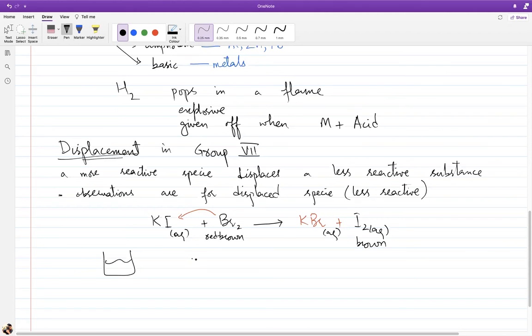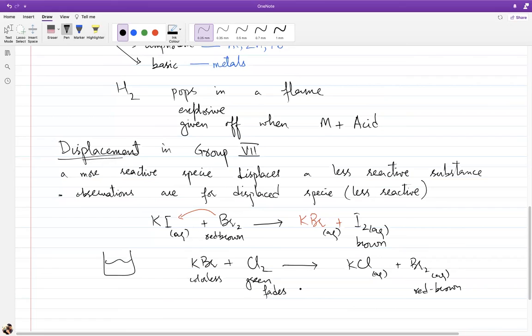आप यही KBr लेते हो और इसमें क्लोरीन ऐड कर देते हो, क्लोरीन ग्रीन है, KBr कलरलेस है, बट वी नो क्लोरीन इज अ स्मॉलर एटम है, तो वो उसको जल्दी रिप्लेस करेगा, पोटेशियम के साथ उसका रिएक्शन आसान होगा. So what happens is that this chlorine simply goes and makes KCl. Again colorless है, आपको पता नहीं चलेगा किधर गई। हाँ, ग्रीन कलर फेड्स, आप देख रहे होंगे अचानक ग्रीन कलर सारा खत्म हो जाएगा और ब्राउन कलर नजर आना शुरू हो जाएगा आपको। सो ग्रीन कलर फेड्स, रेड ब्राउन कलर अपीयर्स। दैट इज एन ऑब्जर्वेशन फॉर यू दैट शोज कि ब्रोमीन इज आउट।